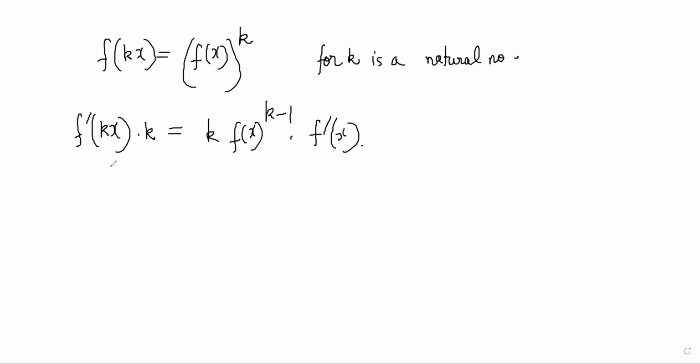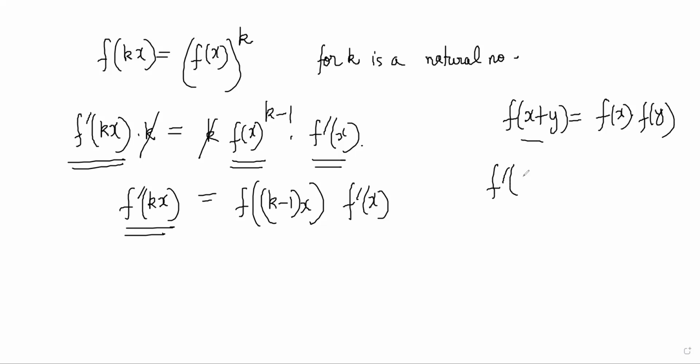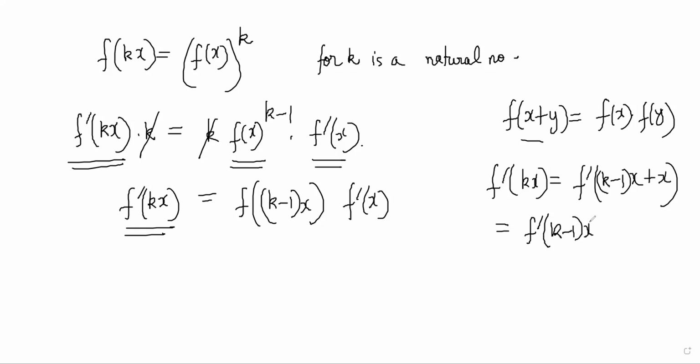So this k cancels, and what we are getting is f dash kx is equal to f of x to the power k minus 1 into f dash x, right? So f of x to the power k minus 1 can be thought of as f of k minus 1 into x, right? And since we have f of x plus y is equal to f of x into f of y, we can say f dash kx is equal to f dash of k minus 1 into x plus x, right? So that becomes f dash k minus 1 into x dot f dash,